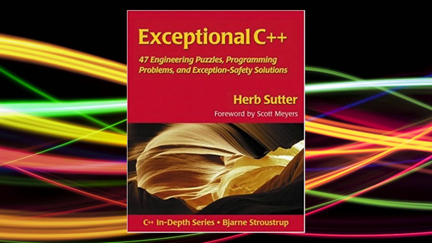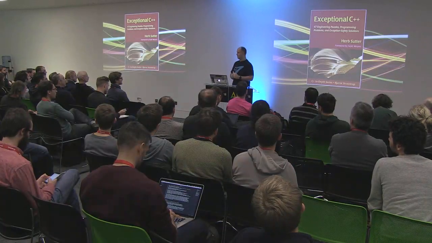And the title of it, Exceptional C++, alludes to the fact that although exceptions had been around in the language for at least 10 years at that point, our understanding of how exceptions work was just coming together at that point, with strong exception guarantees and transactional semantics and things. And we were really proud of our use of exceptions in C++.